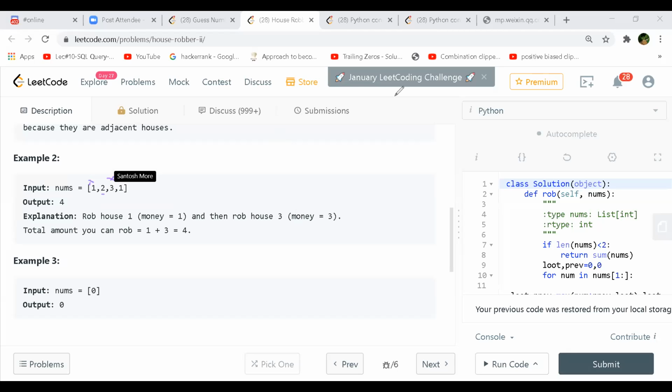Then I come to three, but I've already picked two, so I eliminate this option as well as this option. This thought process is okay for understanding the problem, but when actually solving it, at this index I'm trying to look at the values on my left side as well as my right side.